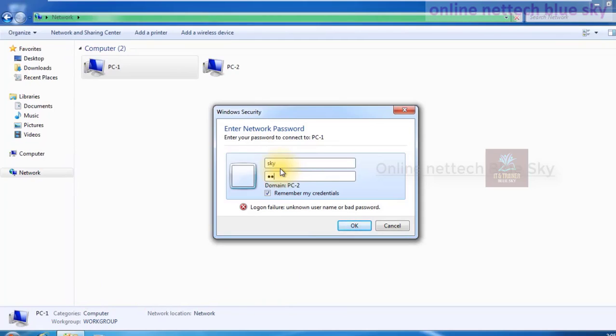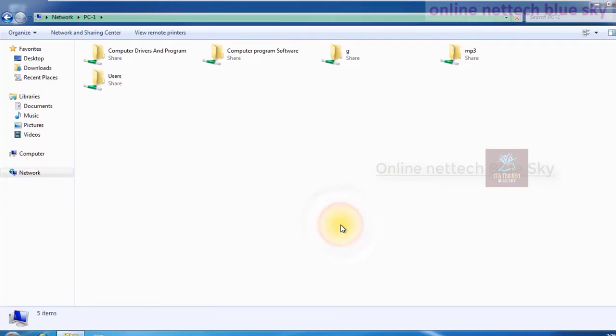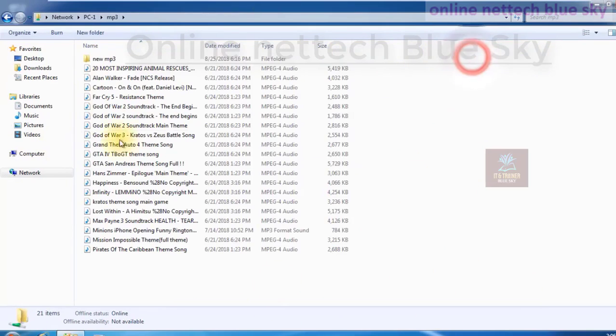So on Windows 10, I enter the username and password, and you can see and check the option remember my credentials here. I am checking remember credentials, which means it automatically clicks OK and automatically saves to my system. So I have already opened all of the files and saved this in my Windows 10. You can see the same mp3 here.